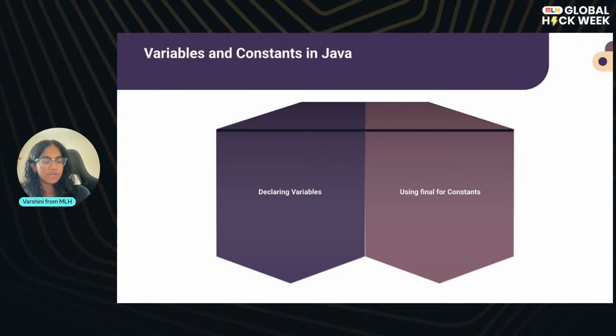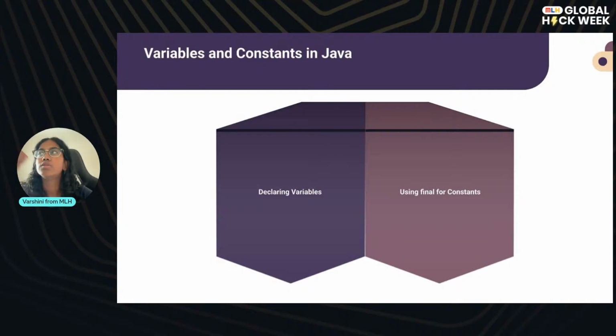So now we're going to talk about variables and constants. Variables, you have definitely heard of before if you've worked in any coding language, or even if you went to the web dev sessions that I was running previously. Variables are little containers that are holding data. To declare a variable, you just write the type followed by the name of the variable.